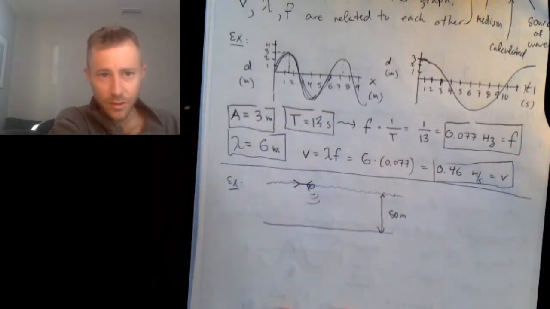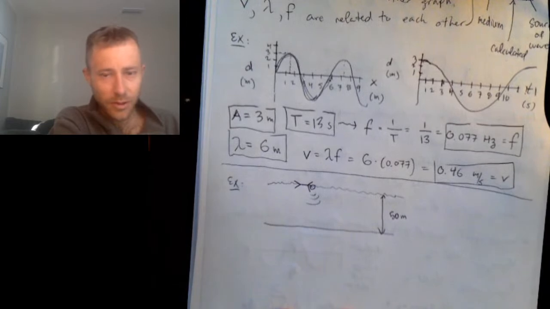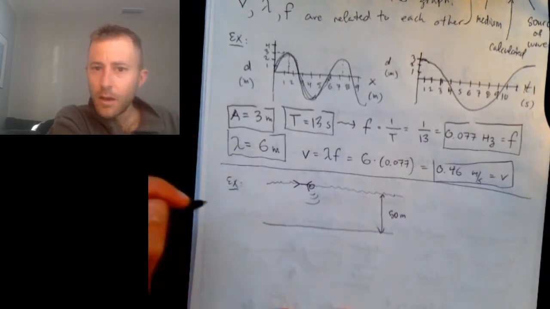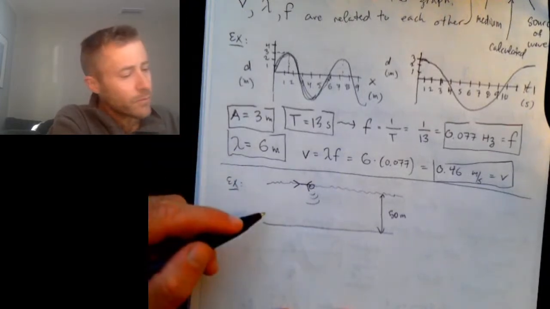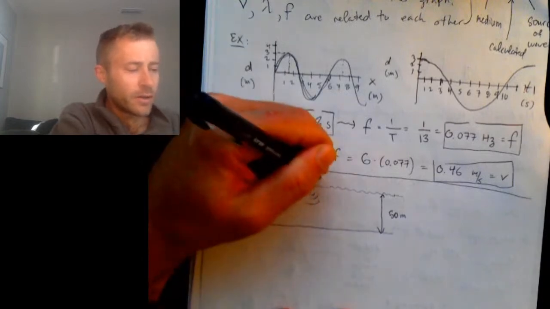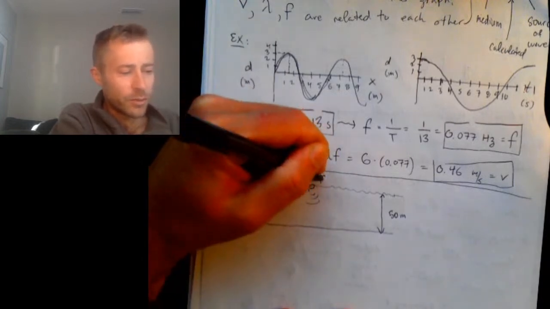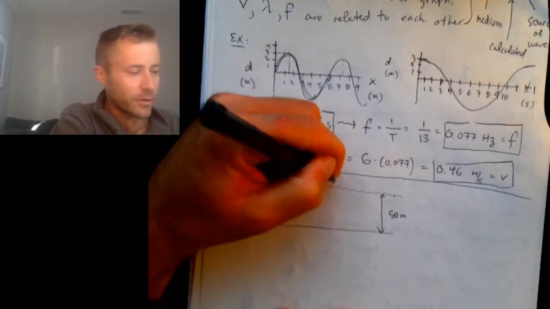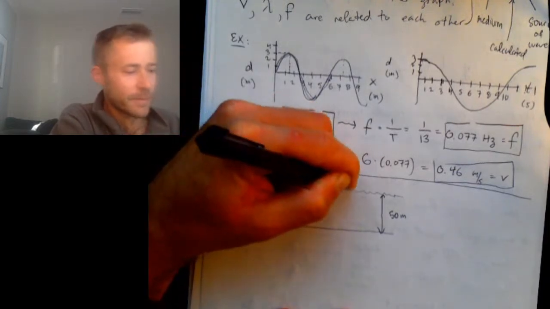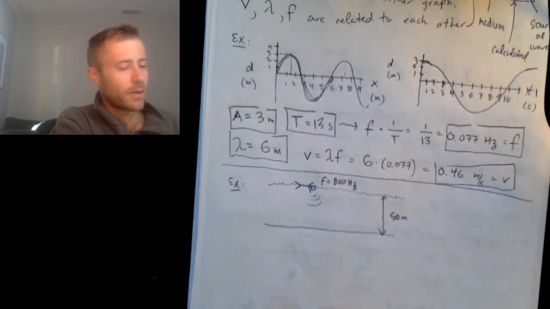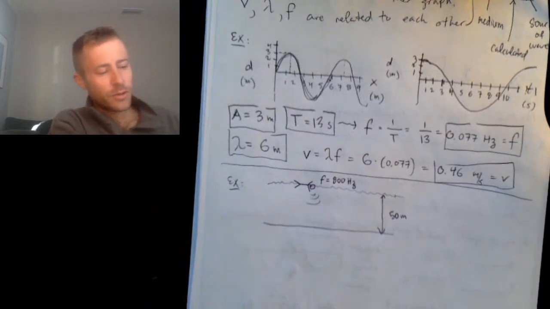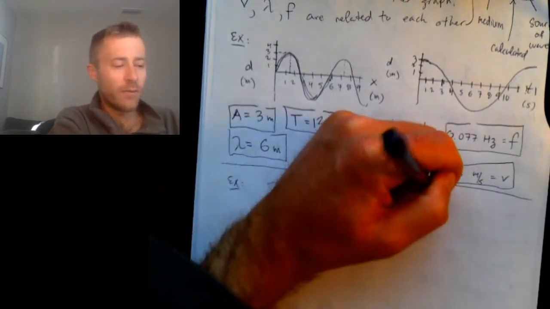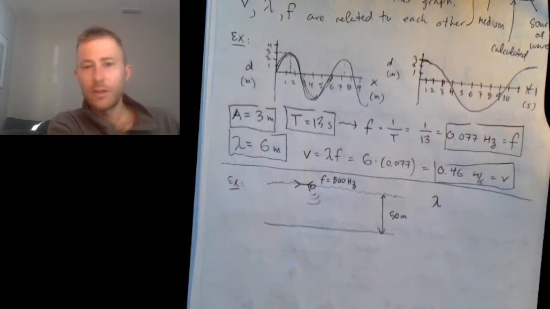So you're like in the ocean. Okay. You're not close to the shore. And you yell with a frequency, so you produce a sound wave with a frequency of 800 hertz. Okay? So my first question is, what is the wavelength of this